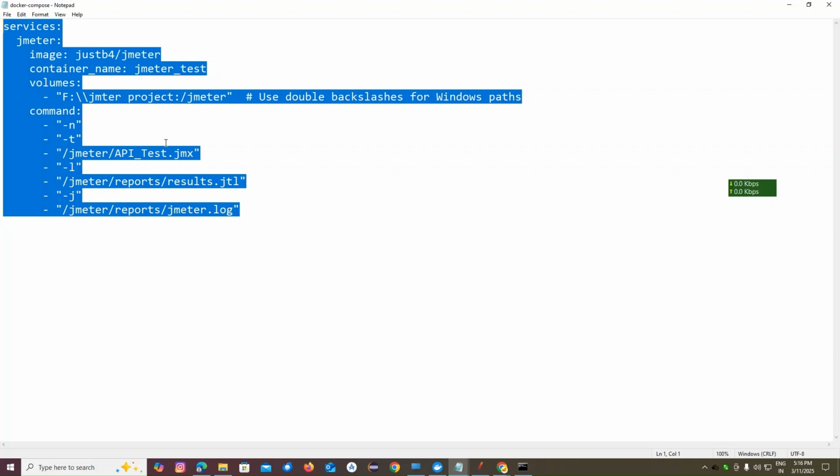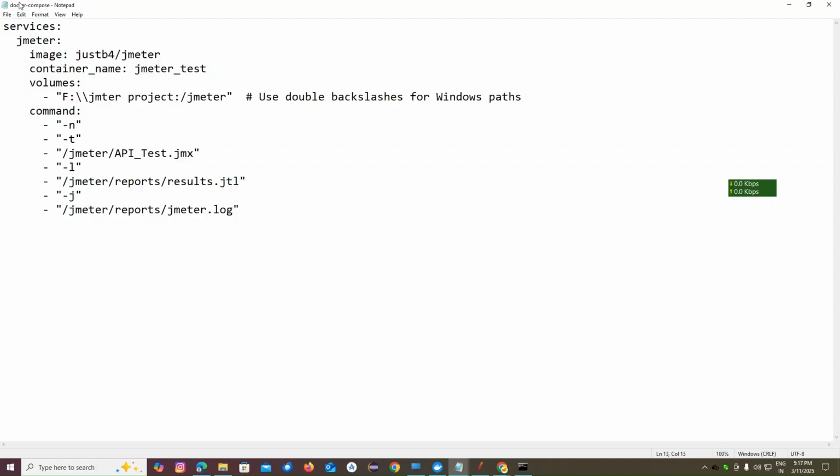Okay, is it saved as dot yml? Make sure you are opening a notepad and saving this as a docker-compose.yml file. Now you can see it starts with services, which defines a service that will be managed